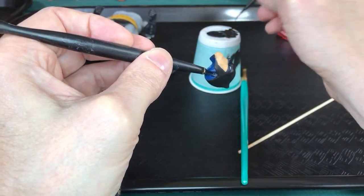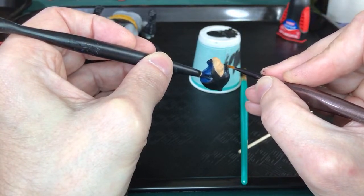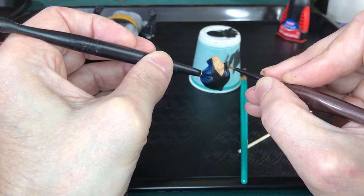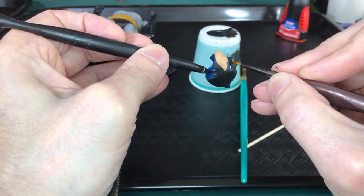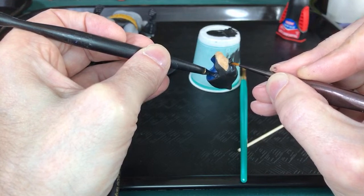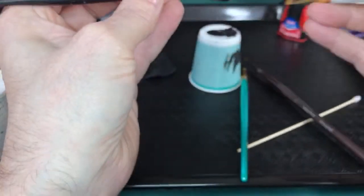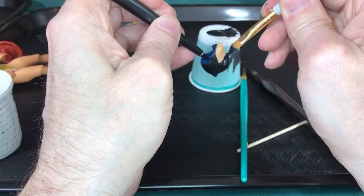I think I would start with a blue figure if I was going to do that. I know they don't have any blue figures yet, but trying to paint a whole entire figure, it looks cool as long as you don't move it. But as soon as you pose it and move it, that paint scrapes off so quick, and it just looks really bad then. And you've got all these little spots that...